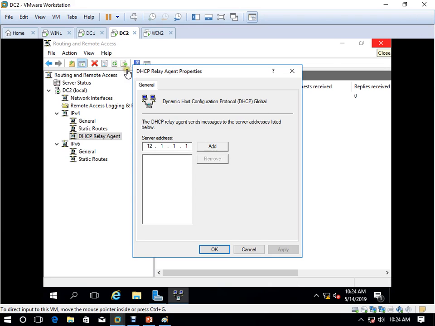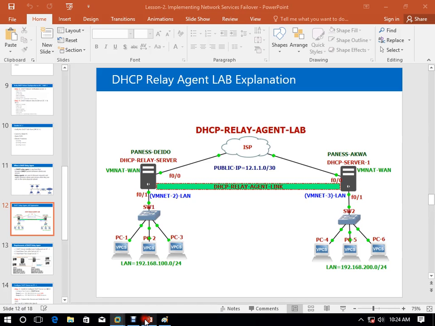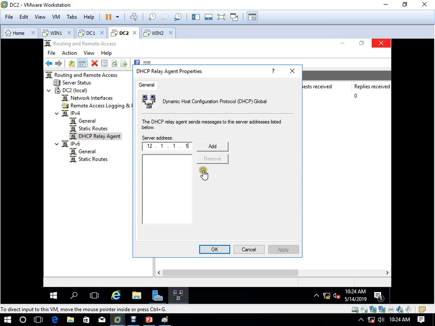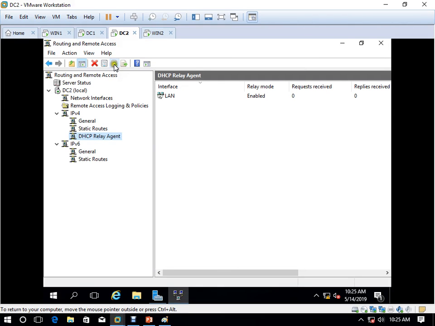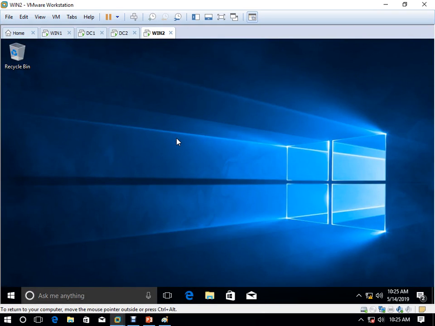I am on DC2, so from DC2, if I am forwarding my request, which IP address am I forwarding it to? My WAN IP is 12.1.1.2, but I am sending the request to 12.1.1.1, so you have to select this one, 12.1.1.1. It says the DHCP relay agent sends messages to the server address. So my server DC2 is sending requests to this IP address. Click OK, then refresh it, and then come to window 2, open your CMD.